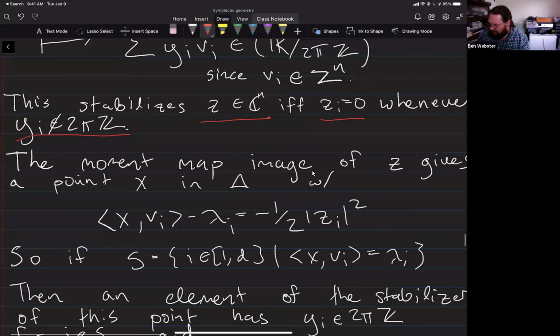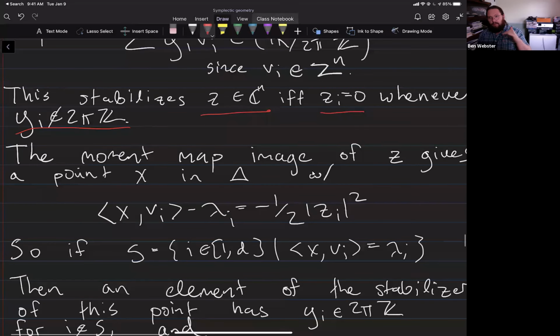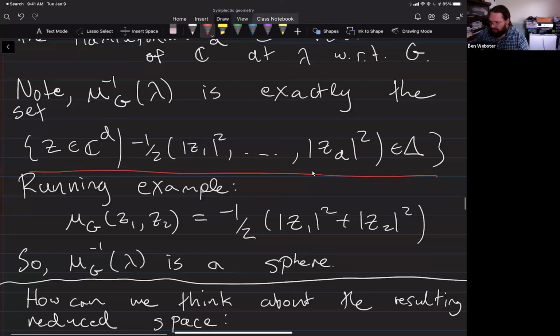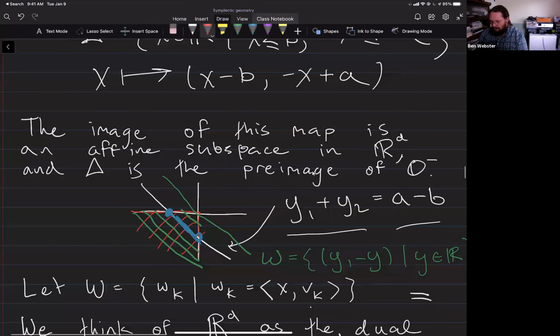All right. Now we can read off which of the coordinates are 0 and which are not by looking at the moment map image and looking at where it is in the polytope. So let me go way back up to the picture I had before. Right? When I look at this blue segment,